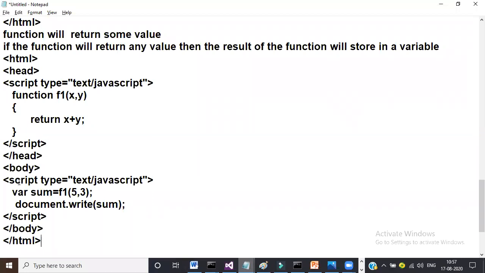So as a developer, you must have some clarity. Is it clear?